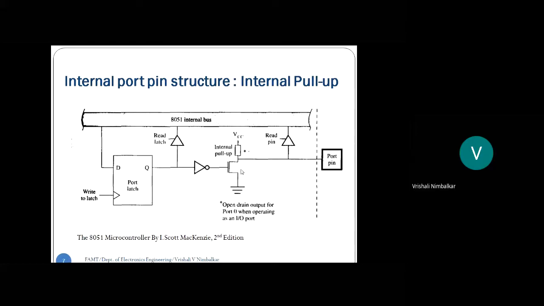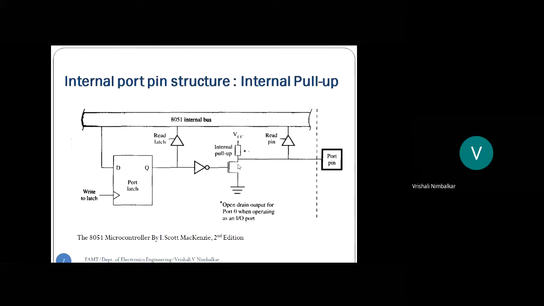Specifically NMOS device, right? We said 89C51, C stands for CMOS, complementary metal oxide semiconductor, right? What does it comprise of? NMOS and PMOS devices. So this is that MOSFET. Is that okay? And on the top of the MOSFET, you can see here, there is something called an internal pull-up. Are you getting me? Now, what is the functionality of this particular internal pull-up? Whenever this MOSFET is off, correct? Whenever the MOSFET is off, the output is decided by this internal pull-up.